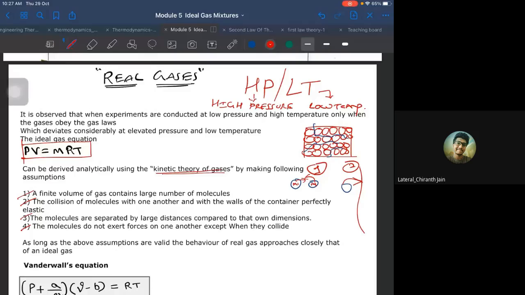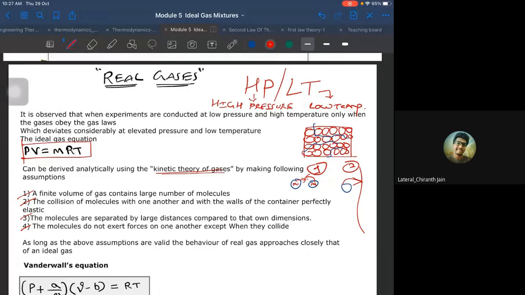Yes, number three assumption. The molecules are separated by large distances compared to their own dimensions. Exactly. So when compared to their own dimensions, the molecules are separated to a larger extent because one of the